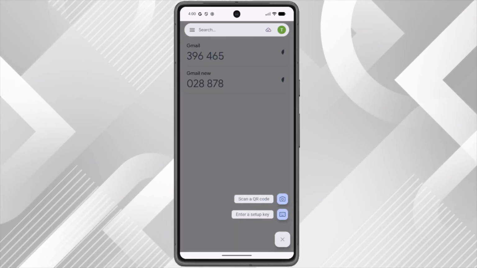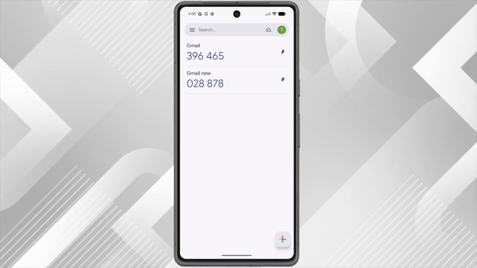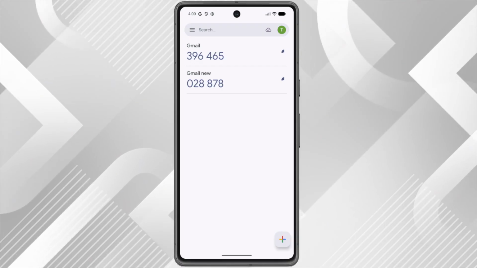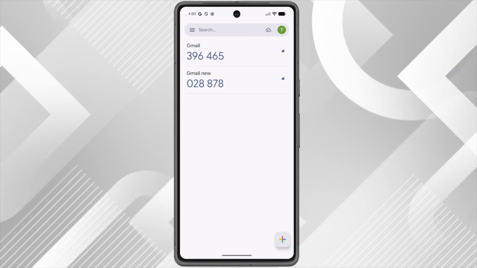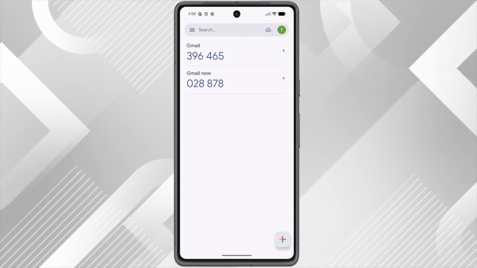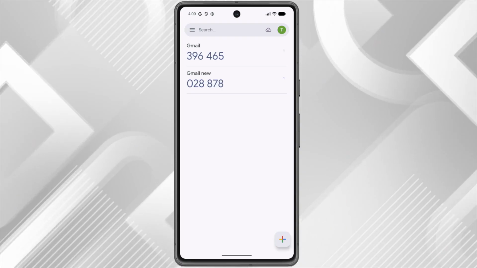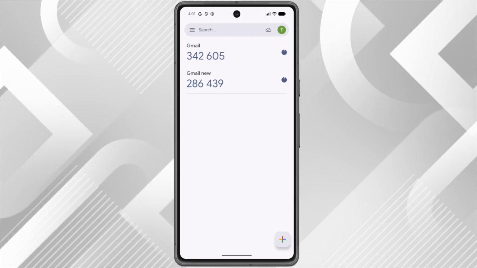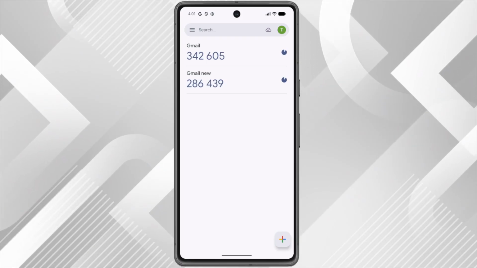Once added, you'll be presented with the verification code that you need to enter back to your Google account to complete the authenticator link. This 6-digit code refreshes every 30 seconds and is what you'll use going forward whenever you sign into your Google account. Simply copy this code and paste it into the verification field on your Google account page, and you're all set with two-factor